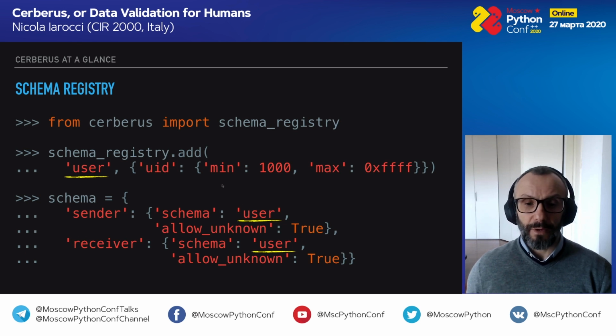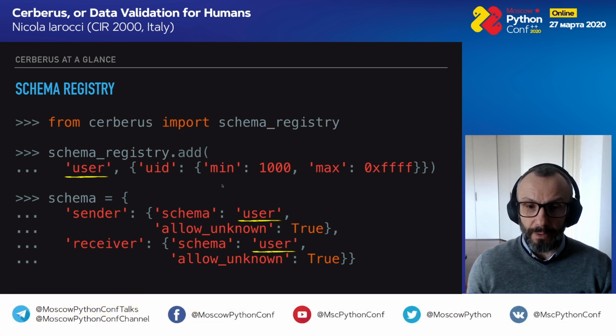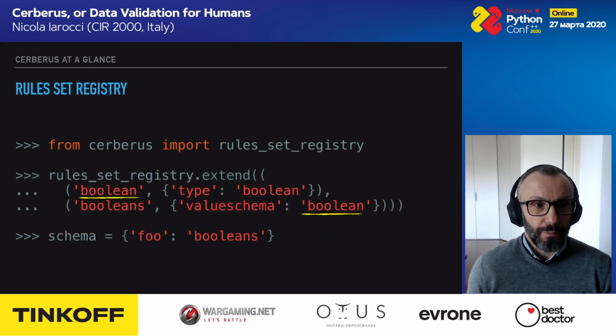Now, this is very nice when your validation rule set starts to grow, you have many rules, and defining the rules for your documents might become really cumbersome. So the trick here is to involve the schema registry, add rules to the registry, or I should say the schemas to the registry, and then recycle the schemas via the registry. This will really make your schema definition more readable and simple to manage.